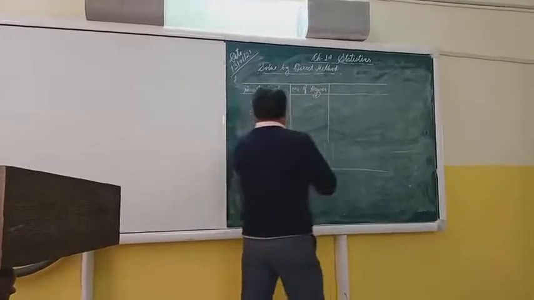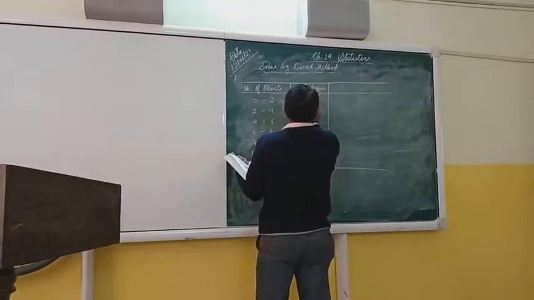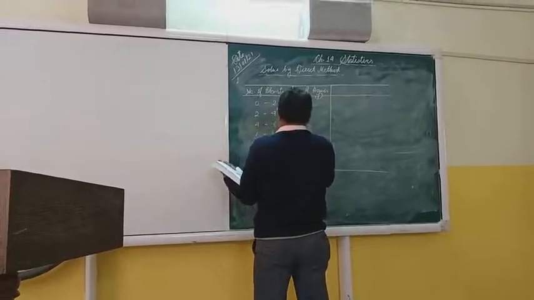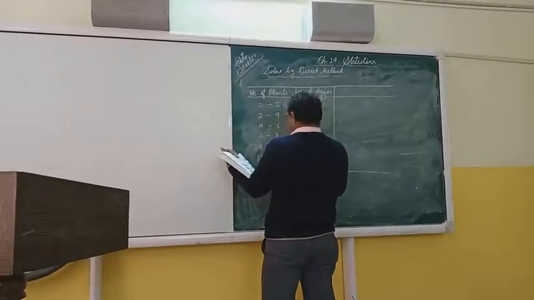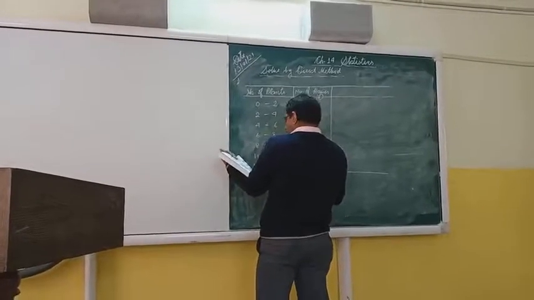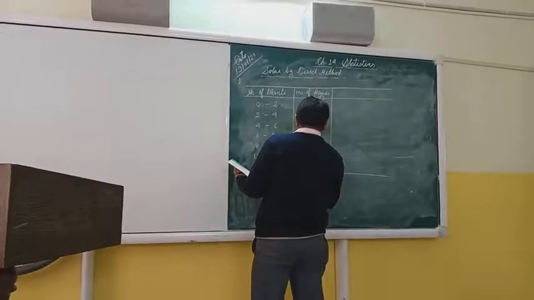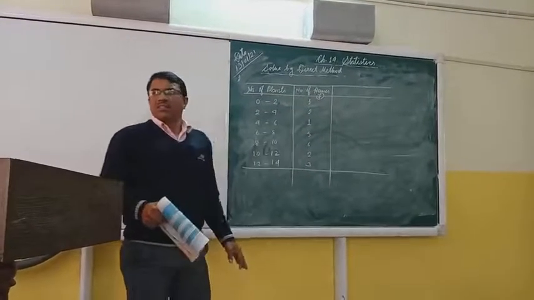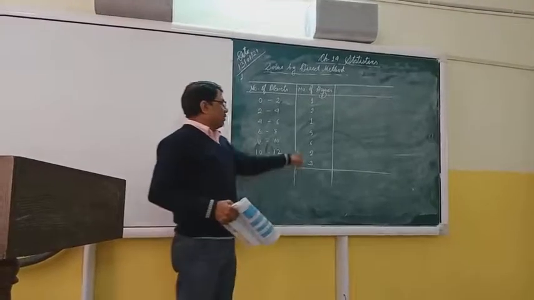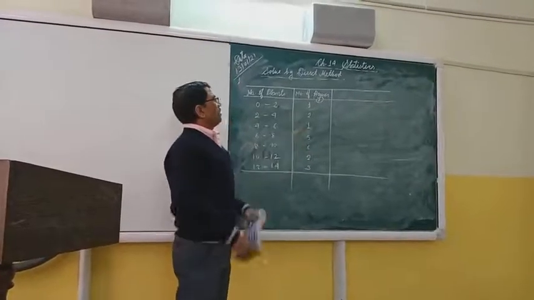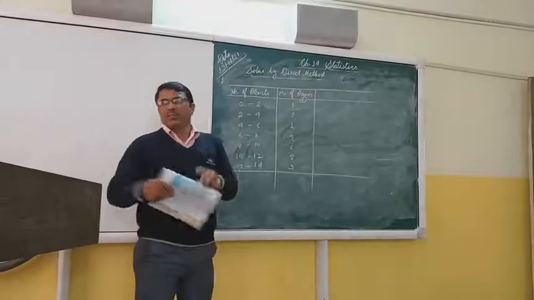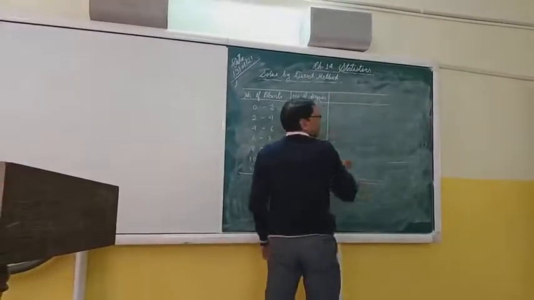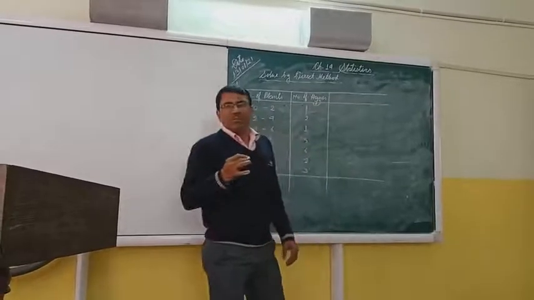The frequencies given here are 1, 2, 1, 5, 6, 5, 6, 2, 3. The value of frequency is so small. The highest value is 6 only. So that's why we are using the direct method now. How do we do it? At first we shall find the mid value, MV, for each class.